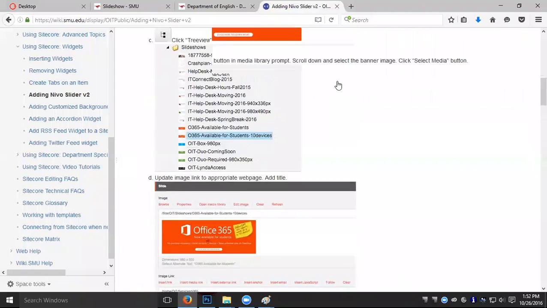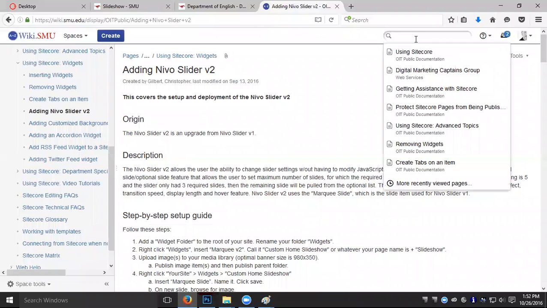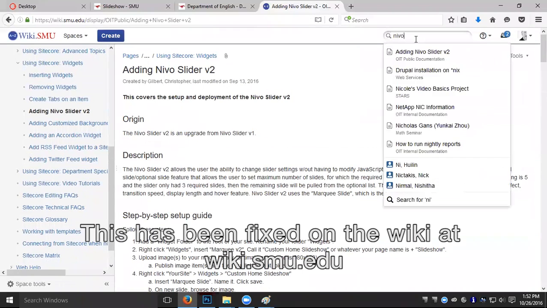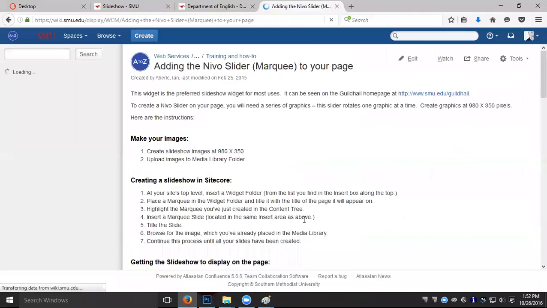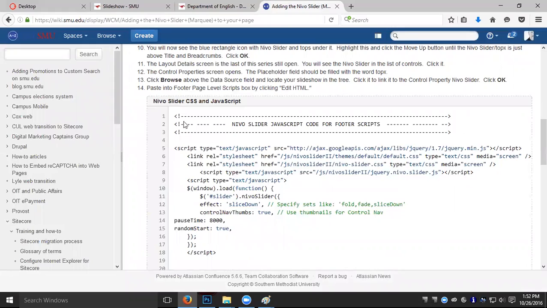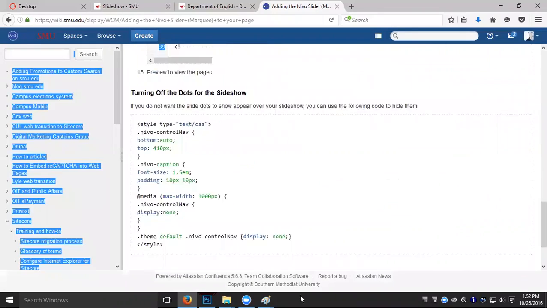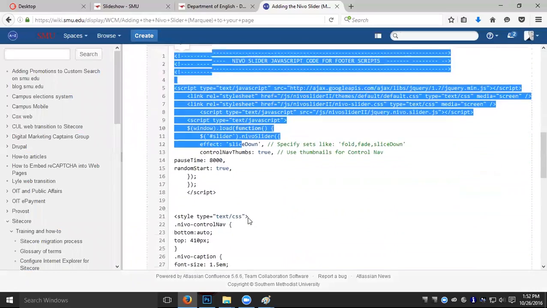Let's do this. I'm wondering if somebody updated the instructions and took a piece out. I'm going to search for Nemo. There we go. There's another one. Aha, see this JavaScript right here? We don't have that on our page. So let's see. I bet if I add that,